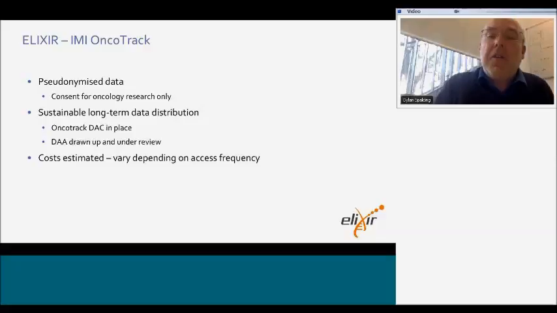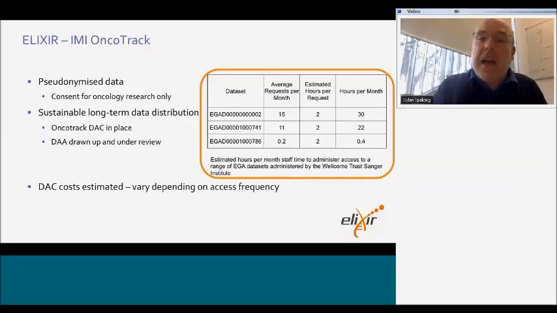We estimated the costs of this, so both for OncoTrack and any other use cases, we need to know the cost of the DAC, and how expensive administering these DACs and data access would be. To do that, we went to the Wellcome Trust Sanger Institute, who run a large DAC for a lot of their studies through EGA, and we asked them to estimate how expensive it was to administer a DAC